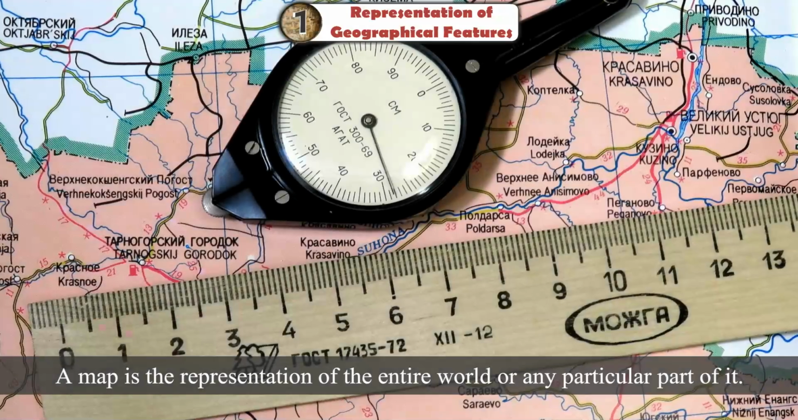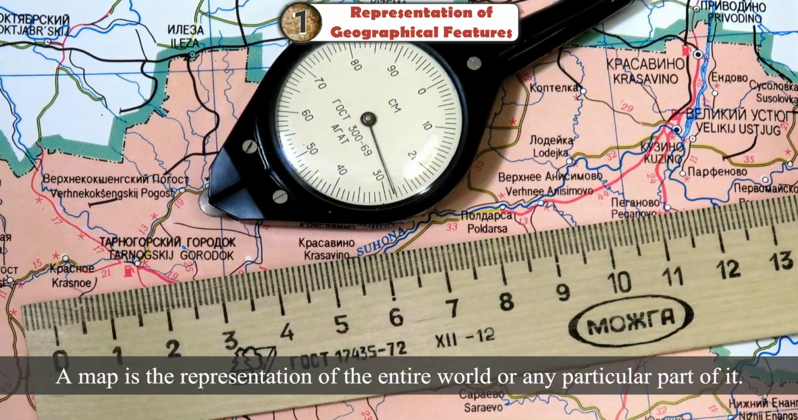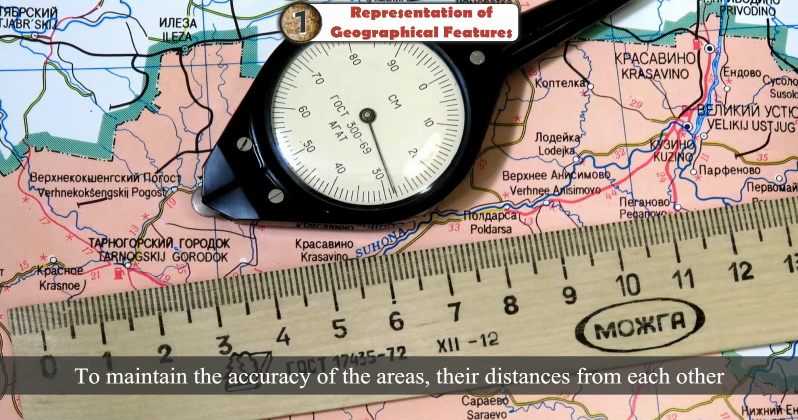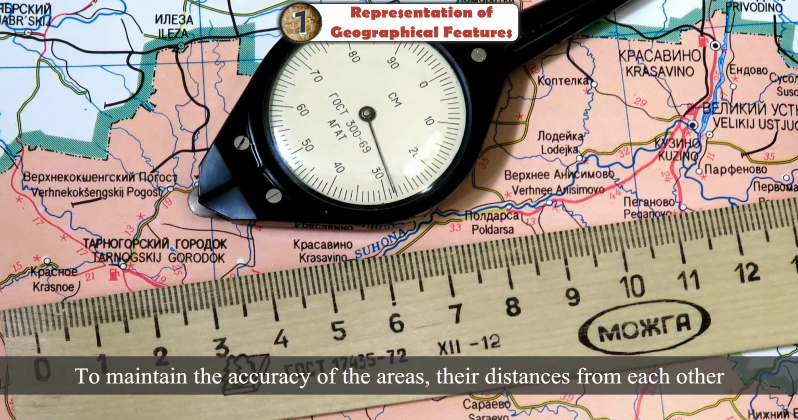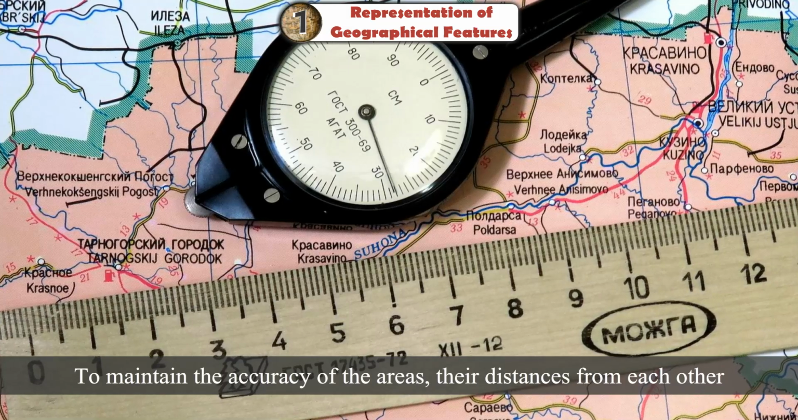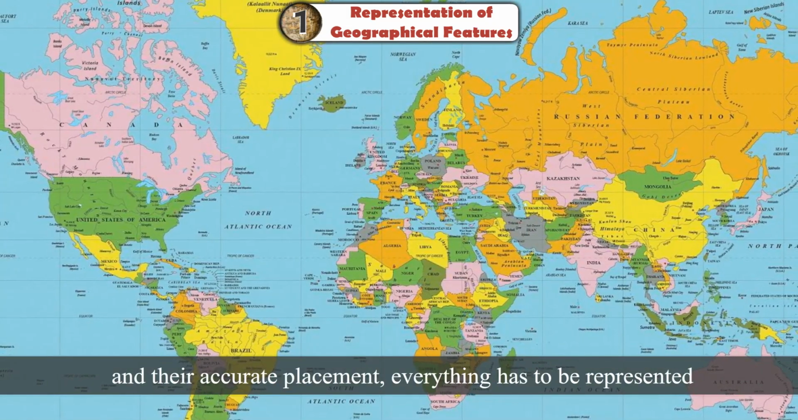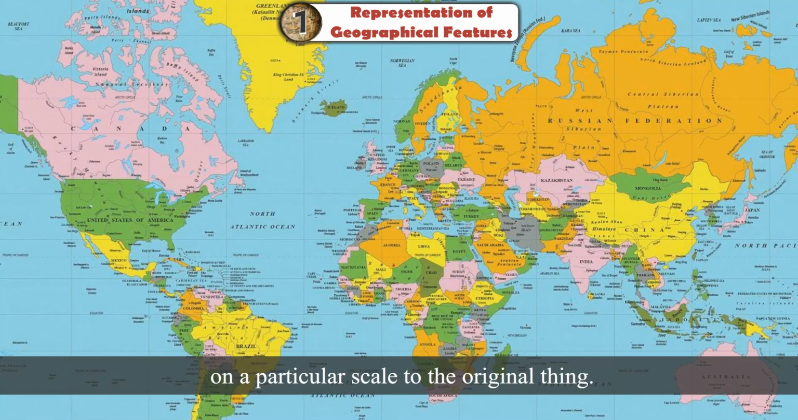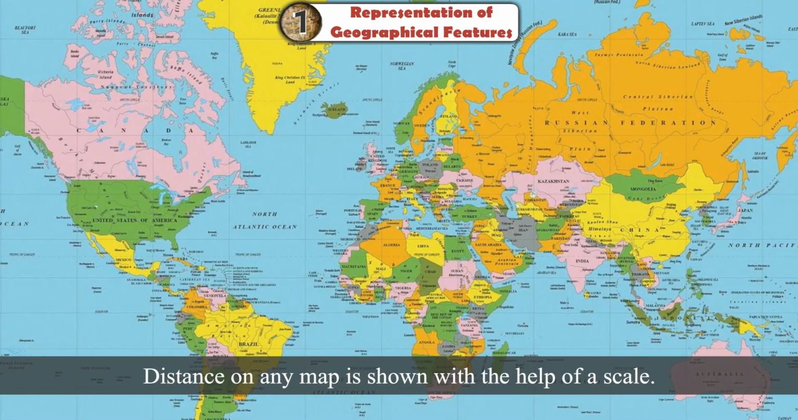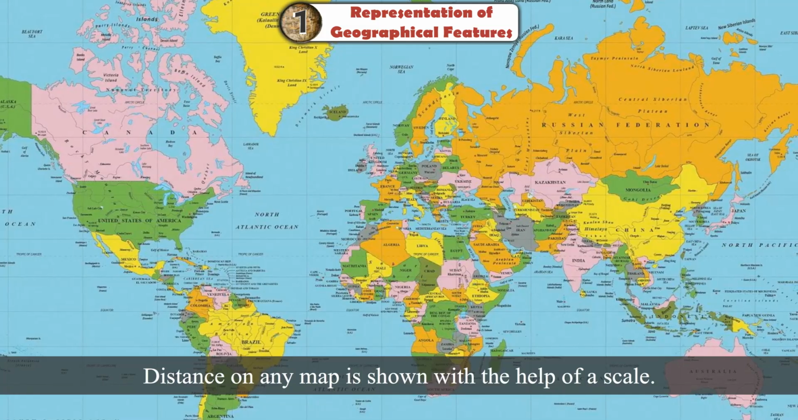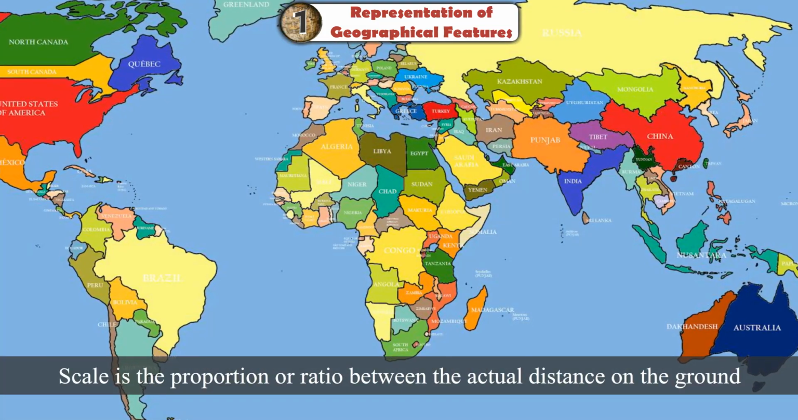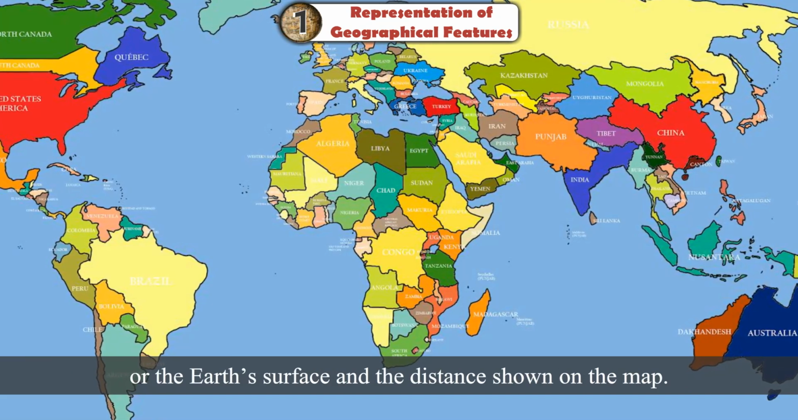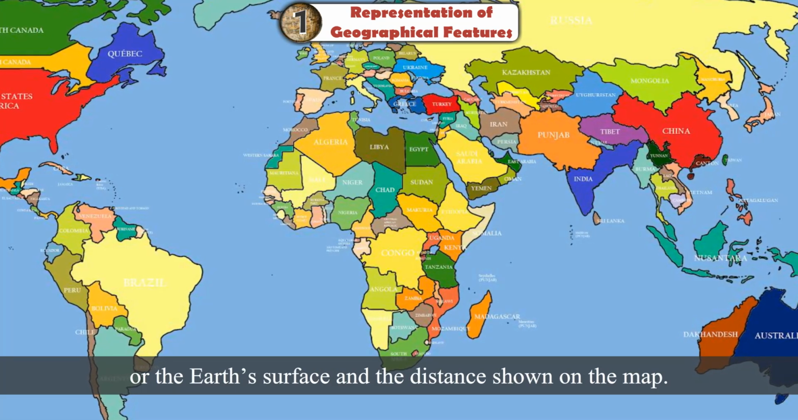Map scales. A map is the representation of the entire world or any particular part of it. To maintain the accuracy of the areas, their distances from each other, and their accurate placement, everything has to be represented on a particular scale to the original thing. Distance on any map is shown with the help of a scale. Scale is the proportion or ratio between the actual distance on the ground or the Earth's surface and the distance